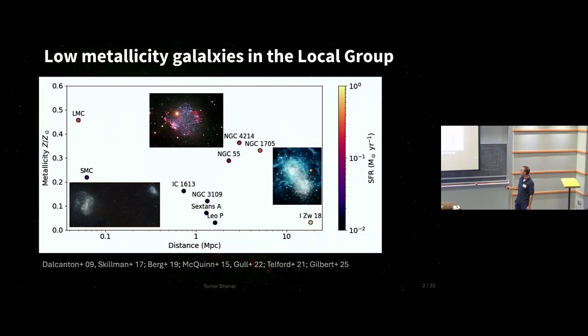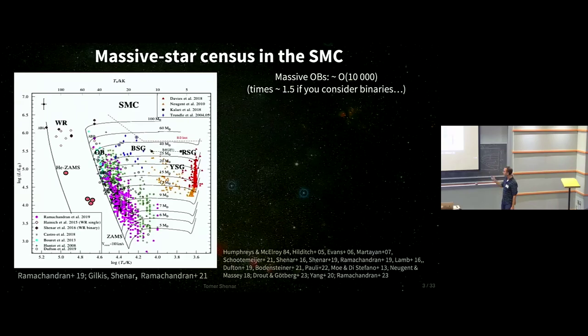If you really want to probe statistically significant samples, you want to go to a galaxy like 1/18, but that's 18 megaparsec away, and we cannot currently, with current instrumentation, resolve the stars in this galaxy, but only study it with integrated light. So looking at this kind of overview picture, the SMC is an obvious treasure chest, okay, given to us by nature. We want to be able to understand the massive star populations in there. If we cannot understand them, there's no point in believing models that tell us what happens beyond the SMC.